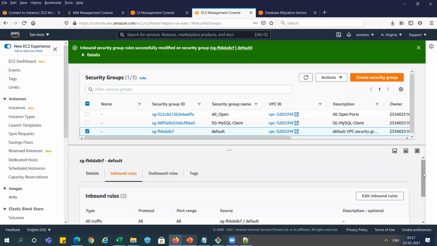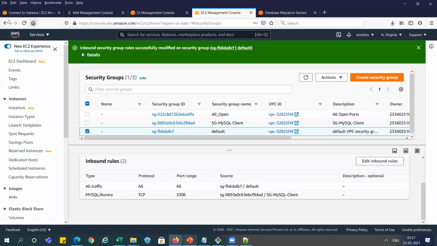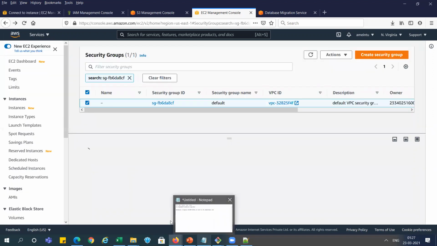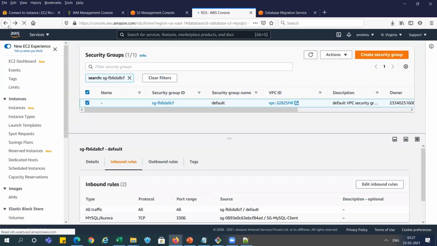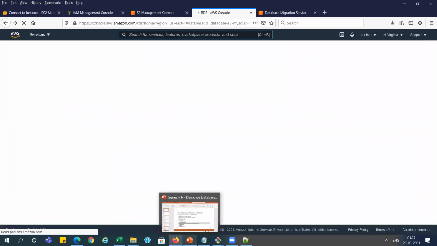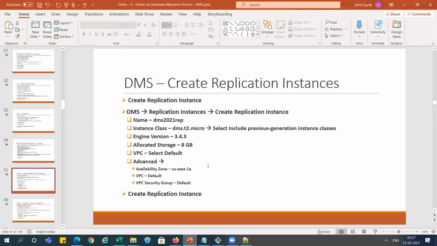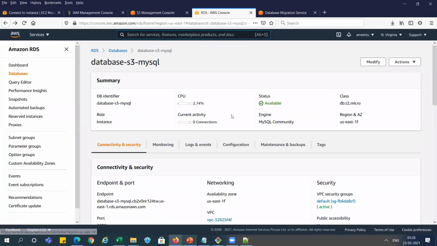You can see the port number updated here. This is our RDS. I will show the next step. Now we have done all those things. Now we will go and create the DMS instance.